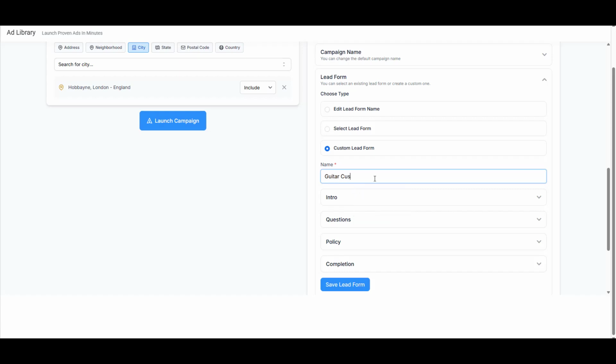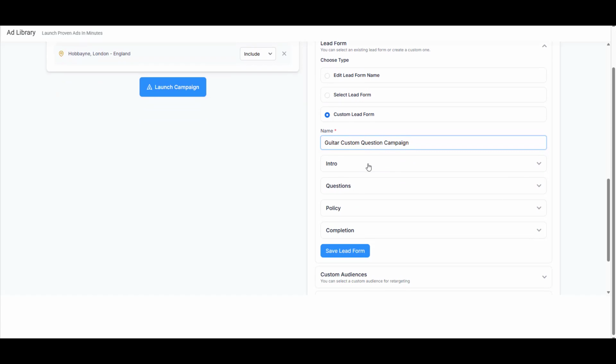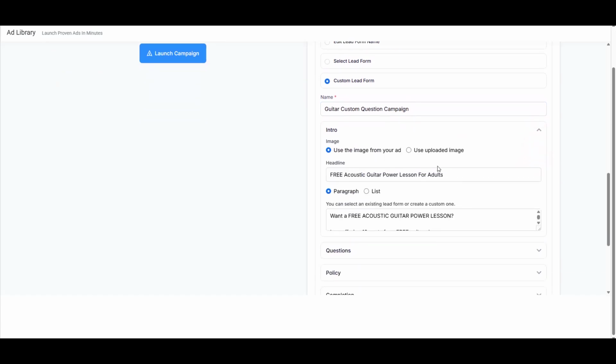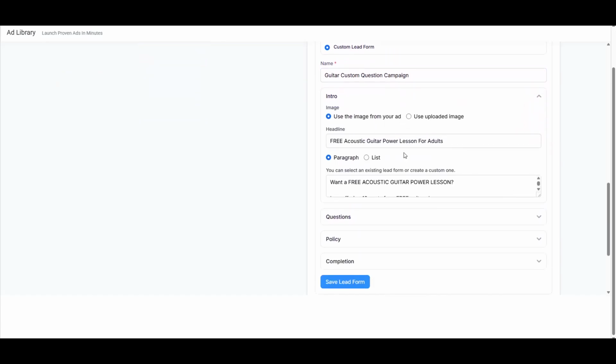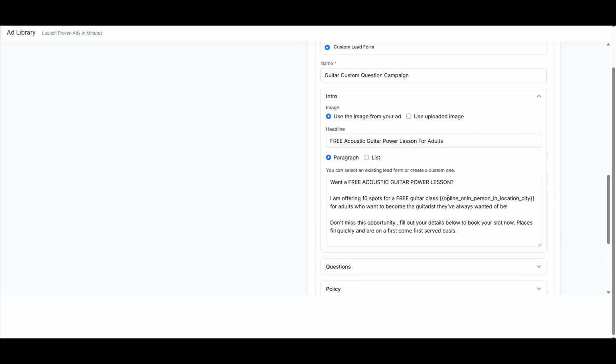So let's do guitar custom question campaign. And then the first thing we'll do here is look at the intro. So it will have the existing lead form template that's linked to the ad copy that you want to use. So just one note here, if you are doing custom lead form questions, you want to update the custom value